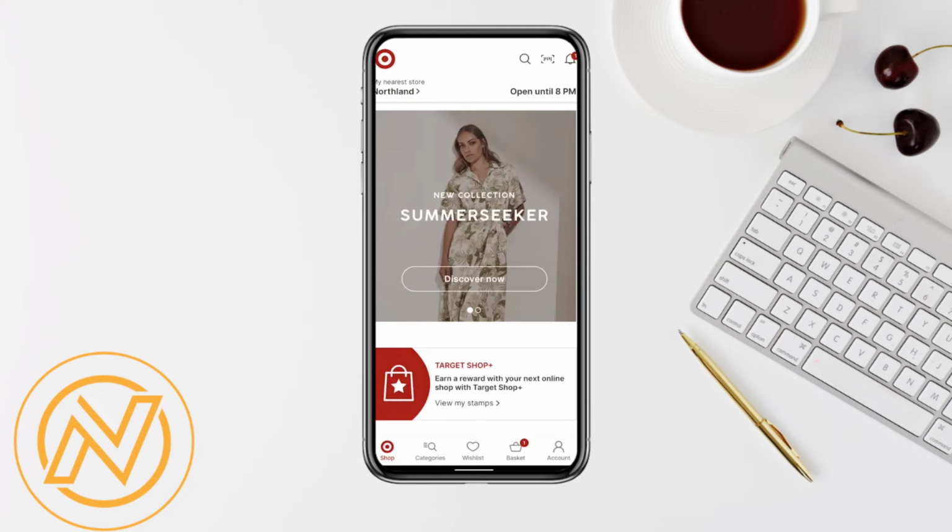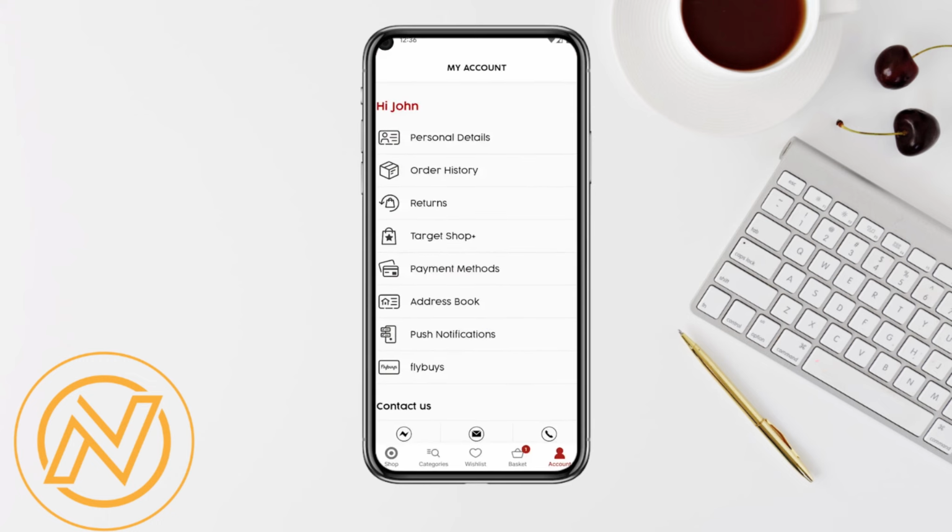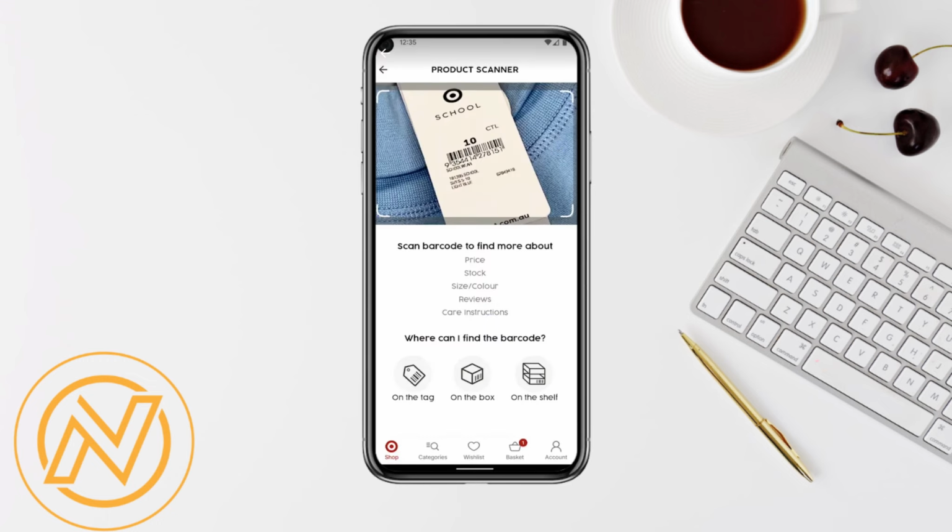And once you have logged into your target account, just simply click on the account section from the bottom right corner, and under the my account section you will be able to see all these different options. So in order to add receipt to your target app, all you have to do is